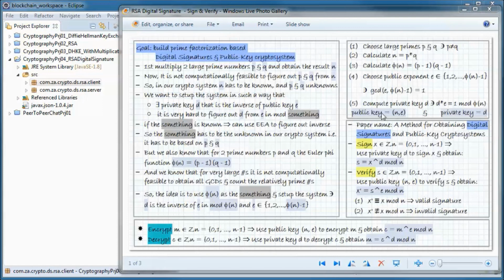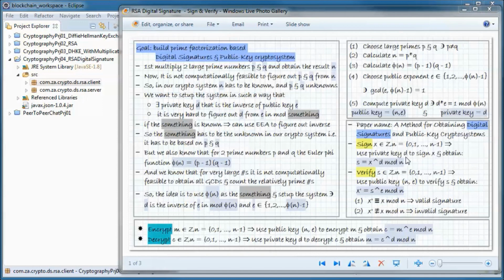So the public key will be n and e, and the private key will be d. And we encrypt by using the public key, and we decrypt by using the private key. And for digital signature, it is reverse. We sign using the private key, and we verify using the public key.